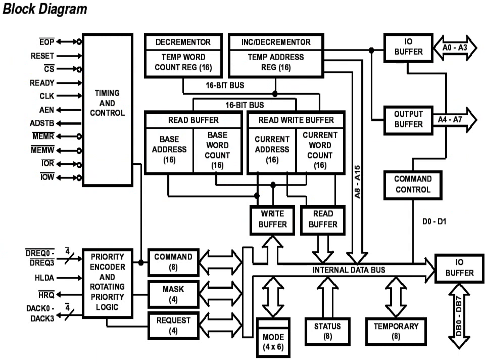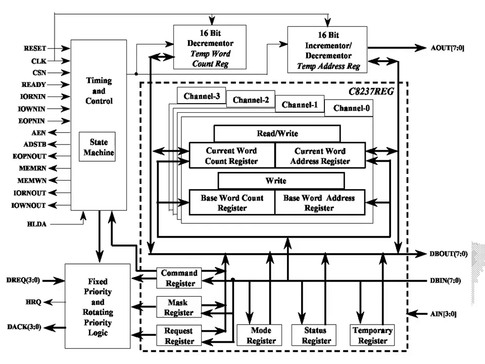As you are seeing in this block diagram, we are having 4 channels, 4 identical, and this AEN, that is address enable signal. We are having the ready signal, which is connected with the microprocessor 8085 or 8086 ready pin. Clock signal we are giving, reset input signal we are giving. This is the chip select signal or chip enable signal CSN.